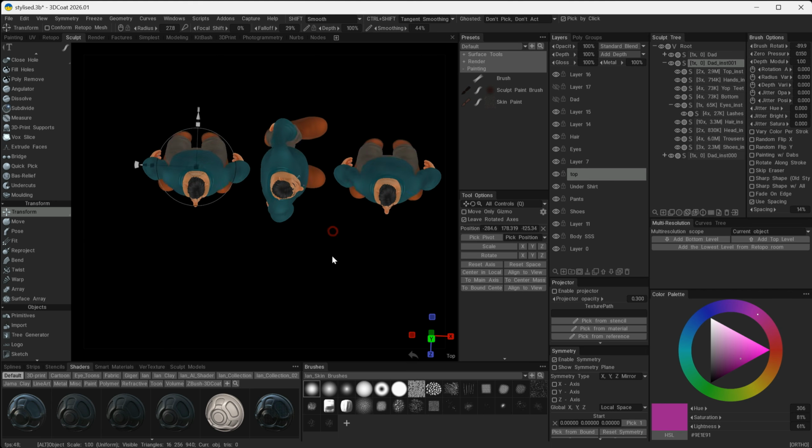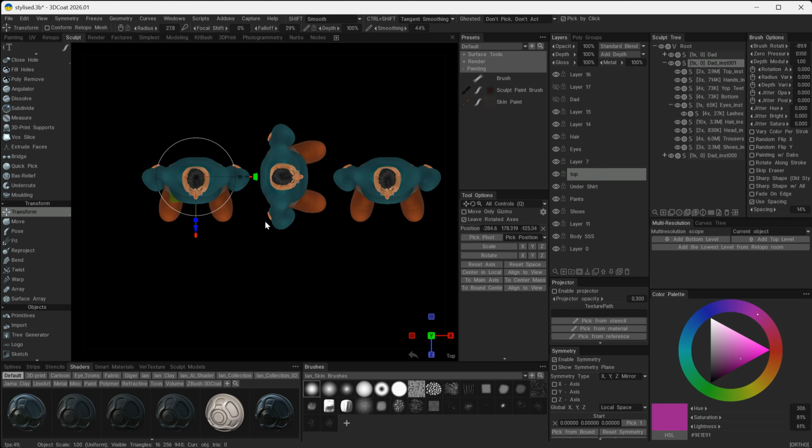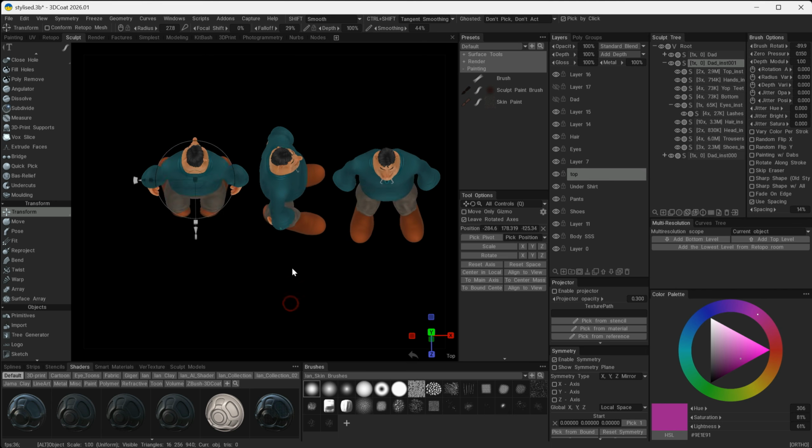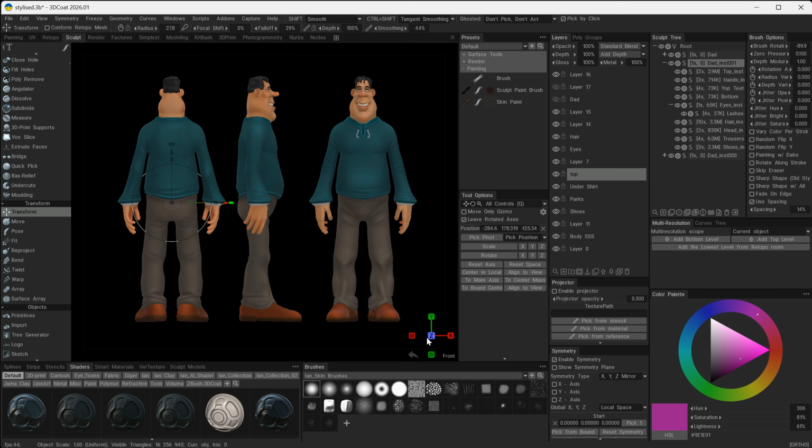Let's go back to our top view, click, hold down, and let's say 180 degrees. Let's get back to our Z axis down here so we can see, and we can see we've got our turnaround. Now at this point, let's collapse these down and we can just move these around a little bit